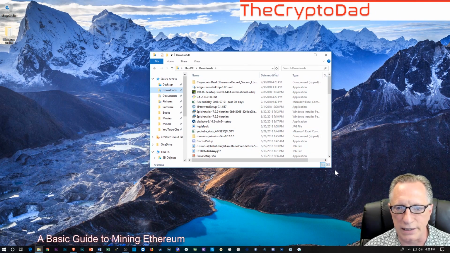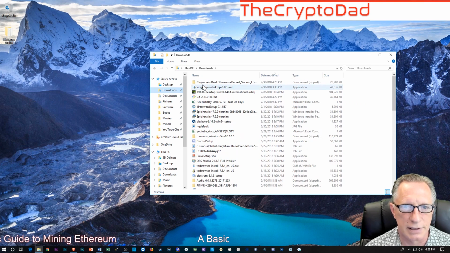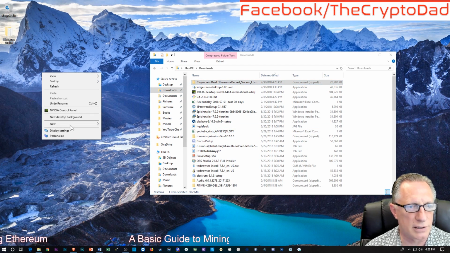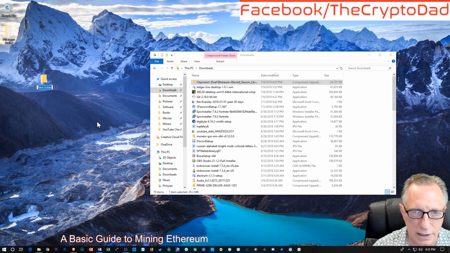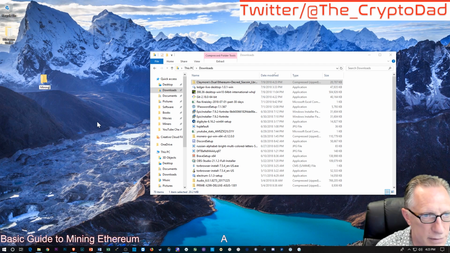Now I want a special folder for this software. You can put it anywhere you want. I'll just go ahead and put it on my desktop. You could store it anywhere you want. We could call this mining software,